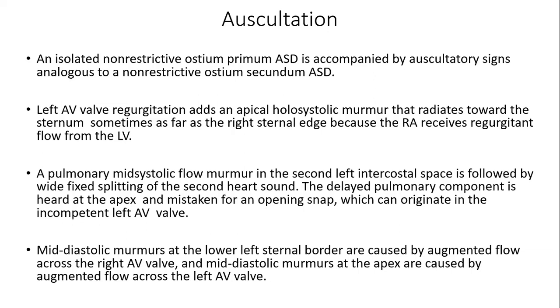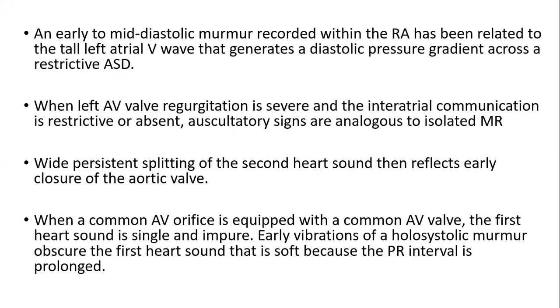An LA impulse can never cause a grade 3 parasternal heave. A grade 3 parasternal heave will always be a pressure overload of the RV. In most of these cases, RVH is significant, and you will always get a significant parasternal heave, which can never be there with an LA. With an LA you will get a parasternal impulse, but you will generally not get a parasternal heave, or it will be at the most a grade 1 heave. While the parasternal heave of these cases is always grade 2 or grade 3 because RV pressures are systemic.